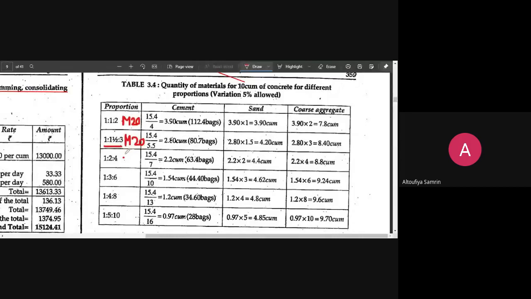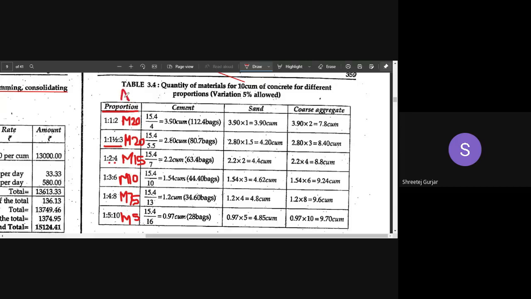Yes, sir. Okay. Similarly, here you can see we have a lesser amount of cement, and more fine aggregate and coarse aggregate. Hence, this will be M15. Similarly, you can go, this is M10. Then after M10, what is this? Is this M5? This is not M5. This is M7.5. And this is M5. Remember these proportions and their particular grades.